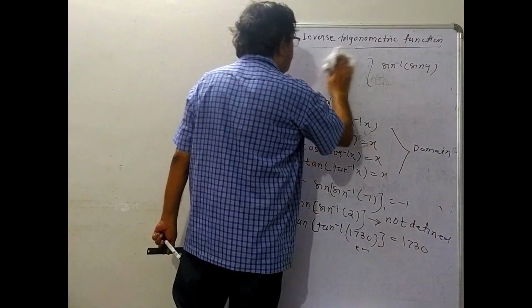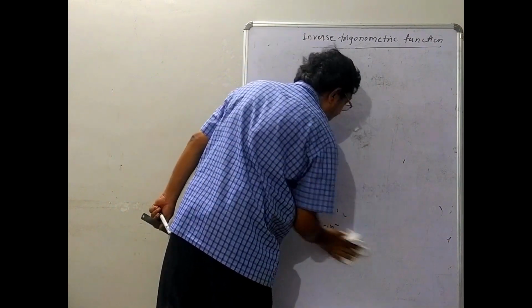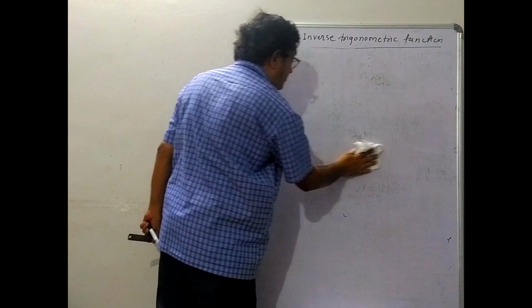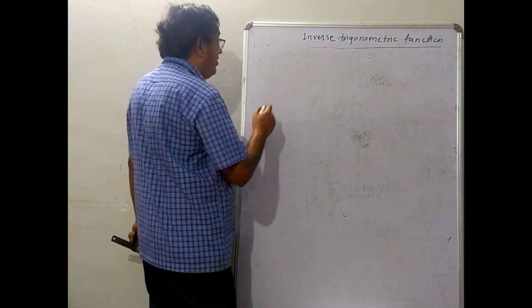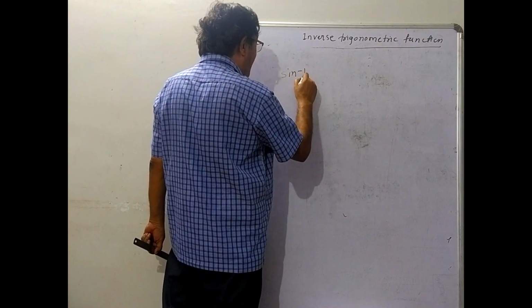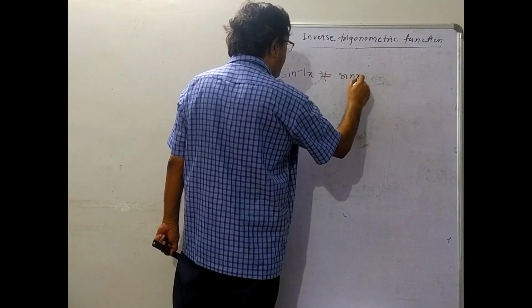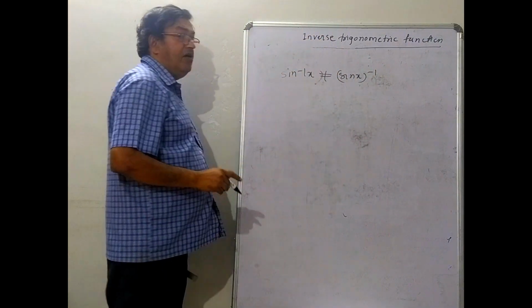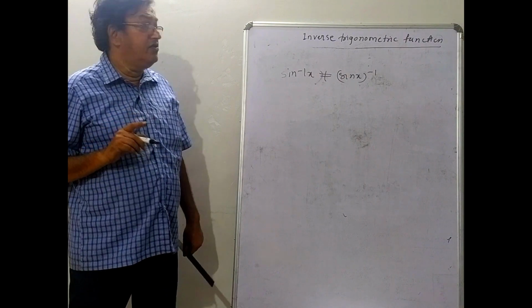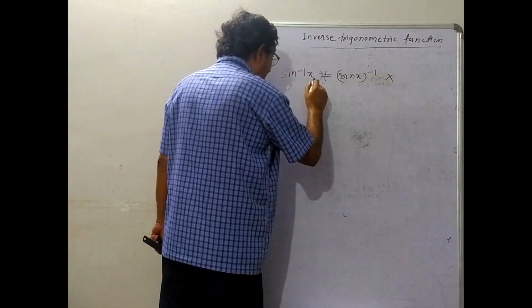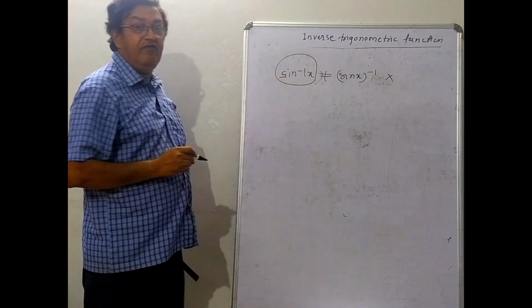Then one more note, just to make it clear what an inverse trigonometric function is, I will write here. You just have to remember that note. If you remember it, you will not go wrong while writing inverse trigonometric functions. Sine inverse of x is not equal to sin x raised to -1, which is like algebra. So you cannot write sin inverse of x as sin x raised to -1. If you write it, it is wrong. This is an entirely different function, an inverse trigonometric function.